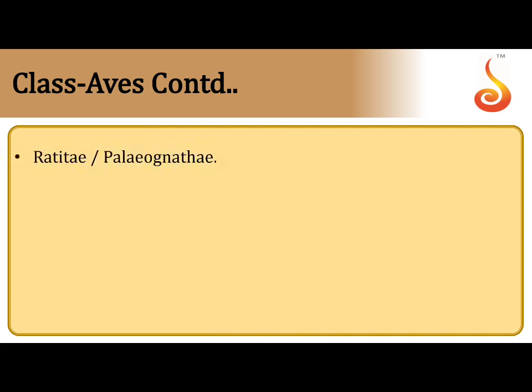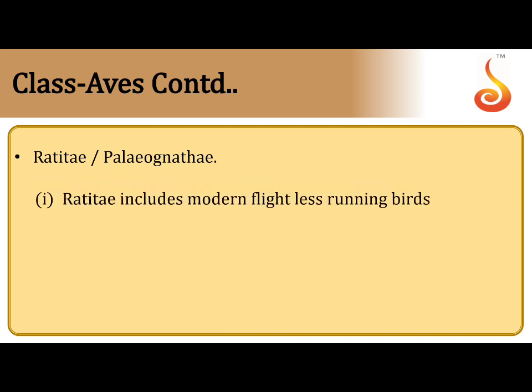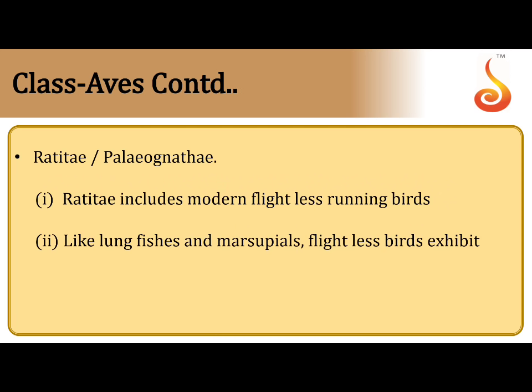Now, we move on to the classification of aves. The first one is Ratitae, or what you call Paleognathae. Ratitae includes the modern flightless running birds. Flightless birds exhibit discontinuous distribution, meaning that these birds, such as ostrich, kiwi, emu, do not